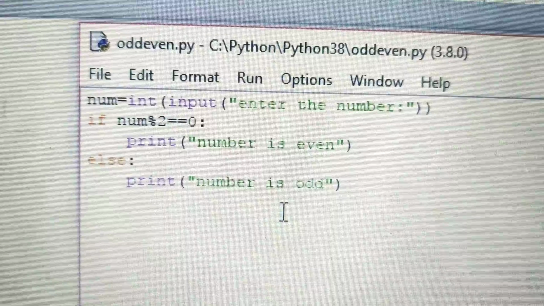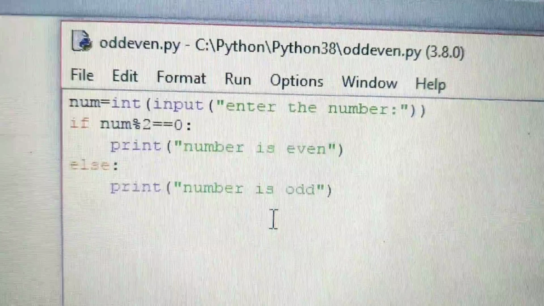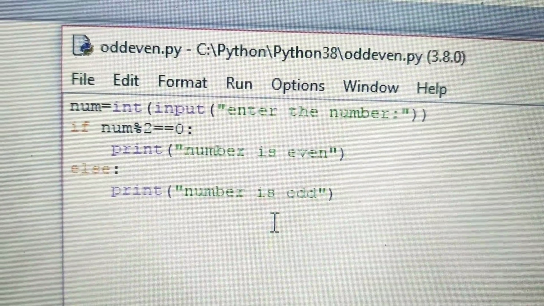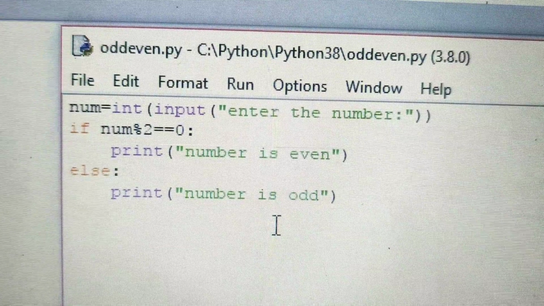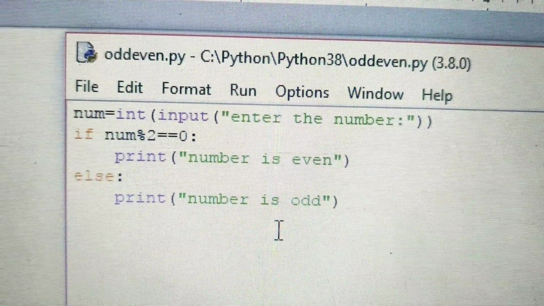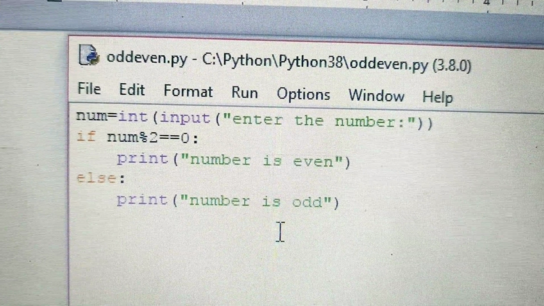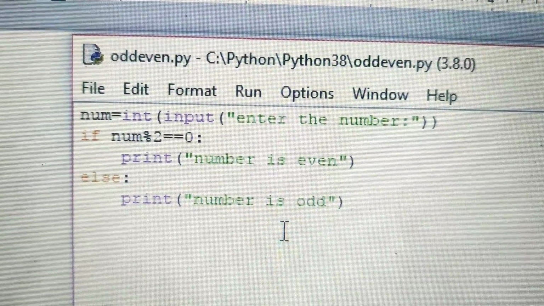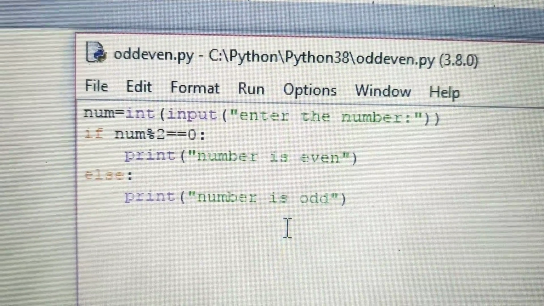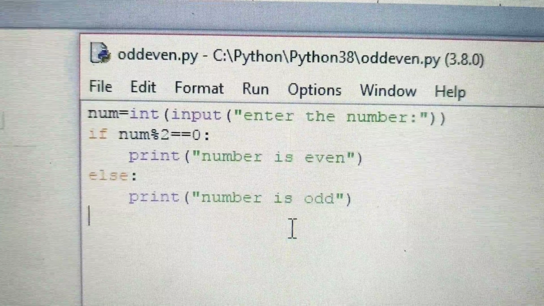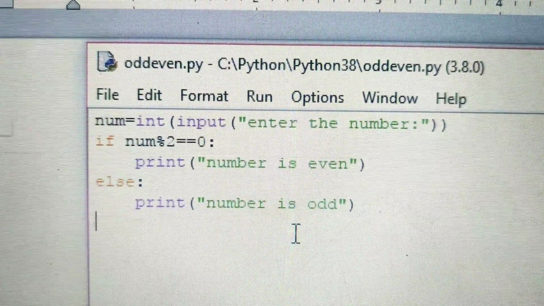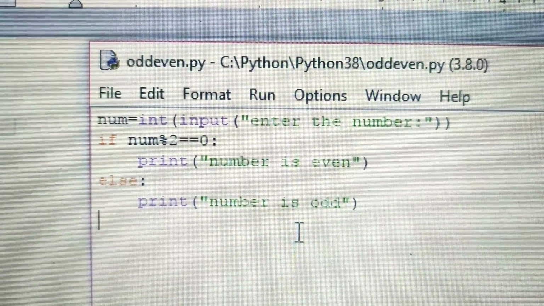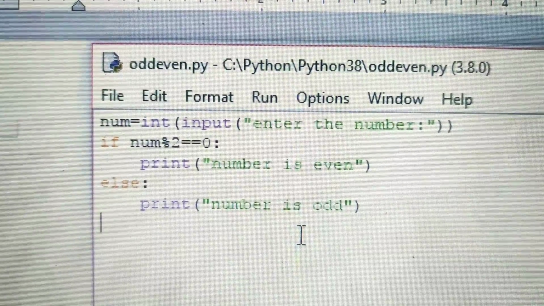Now just understand this. Why have we placed the double equal to symbol? It is the relational operator. The relational operator is used to check the condition for equality. We cannot use a single equal to here. Single equal to is the assignment operator and double equal to is the relational operator.